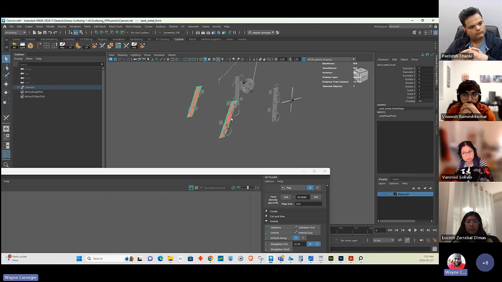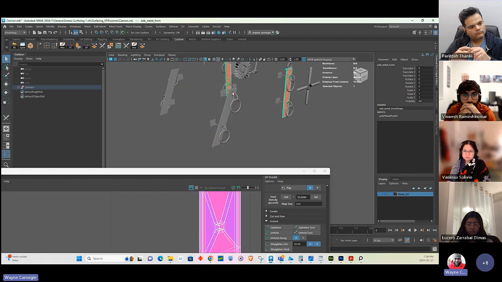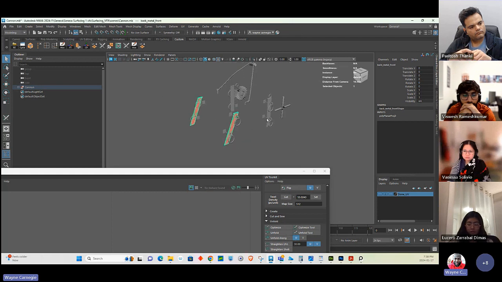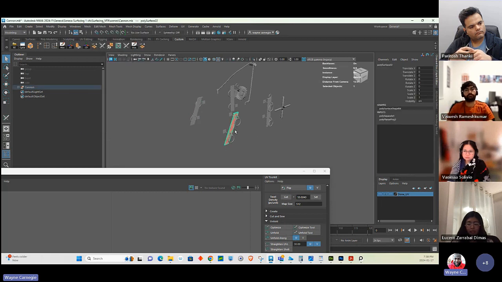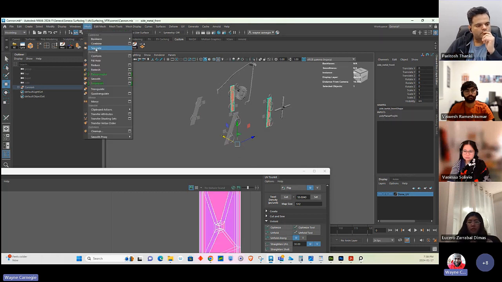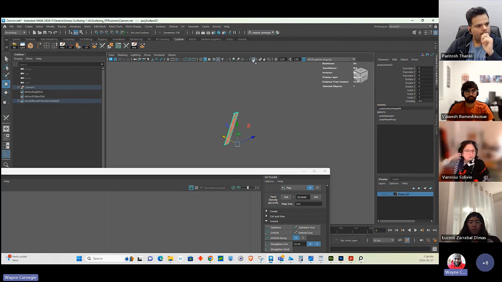Okay, cool. So we have this piece here, and we have quite a bit of pieces. So how are we going to go through this? What about this piece? Yeah, they're the similar pieces. So that's good. So I'm going to go Mesh, Separate and see what happens. Let's see if it's duplicated. No, it's not duplicated. So I'm going to press F,